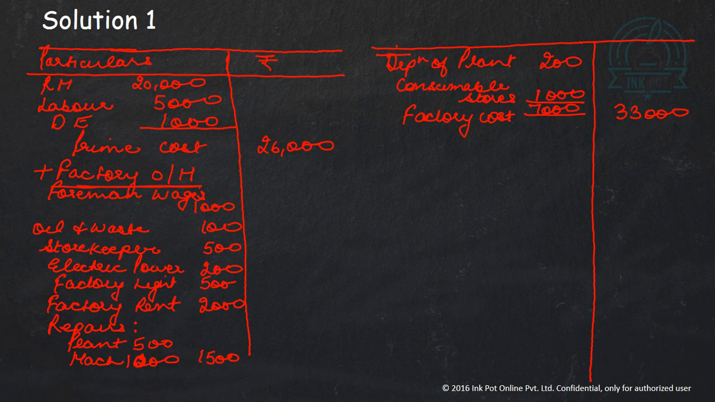Now we will add office overheads to this. Add office overheads like office light 200, manager salary 2000, office rent 1000,